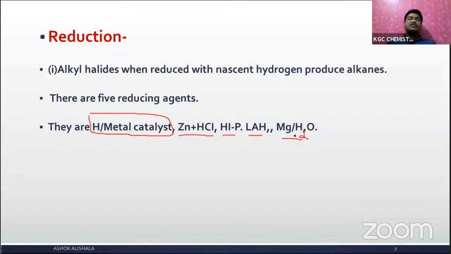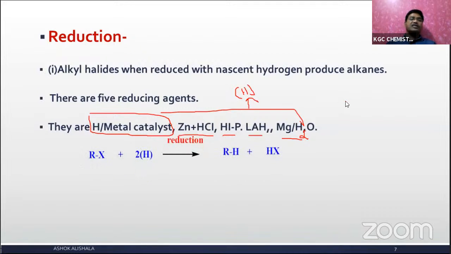Here they produce nascent hydrogen. All these reagents will produce nascent hydrogen. And you know that nascent hydrogen is always kept in a square bracket, which is called nascent hydrogen, and it is highly reactive. See, whenever you treat the alkyl halide with any of these reagents, it simply takes the hydrogen and here the X is converted to HX and the alkyl group is converted to alkane. Remember that alkyl halides can be converted into alkane by any one of these